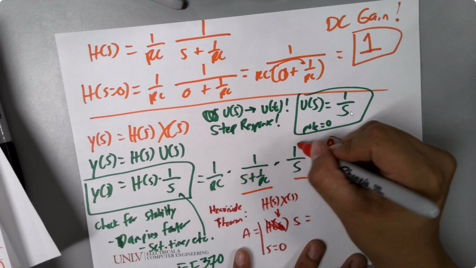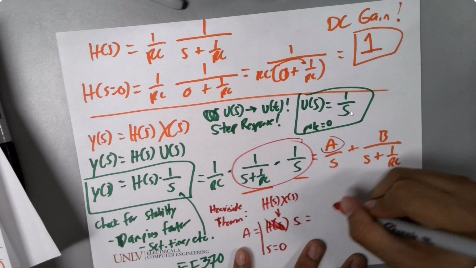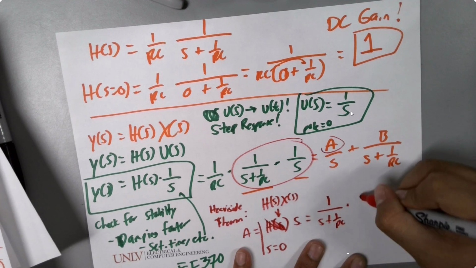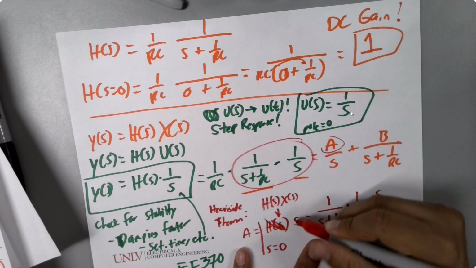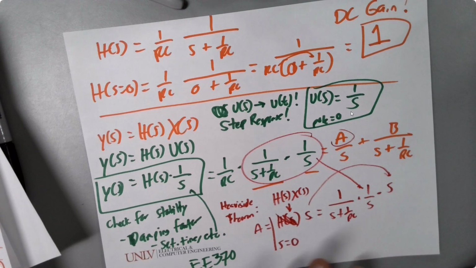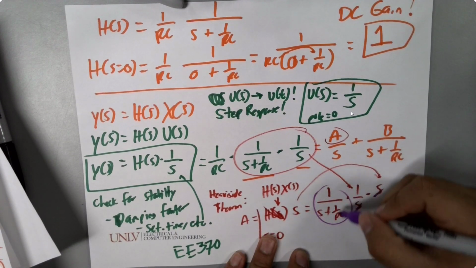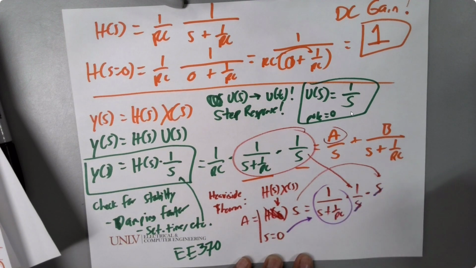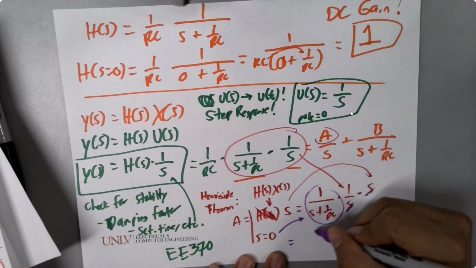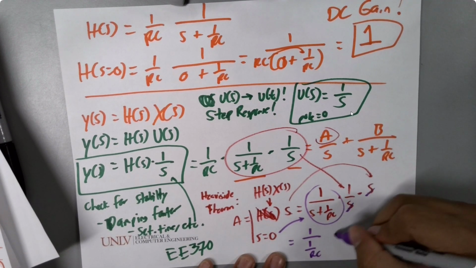So what I'm trying to say is, look at this right here, right? And then you just get rid of this. So all you're doing is 1 over s plus 1 over RC times 1 over s, and then times it by another s. See, this right here is that. This right there is this. This and this cancel out, and then all you do is just look at this, and then you just punch in s equal to 0. So that means, what is this equal to? 1 over RC, which is equal to,